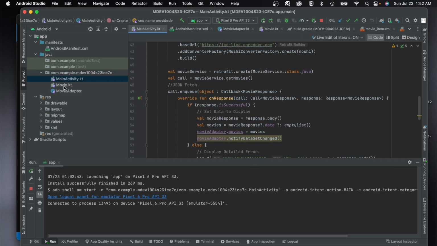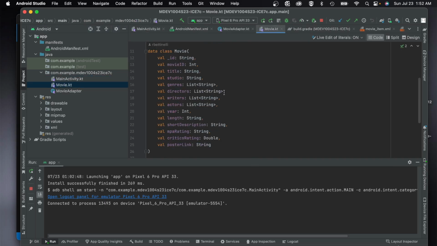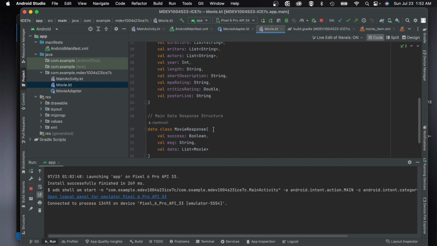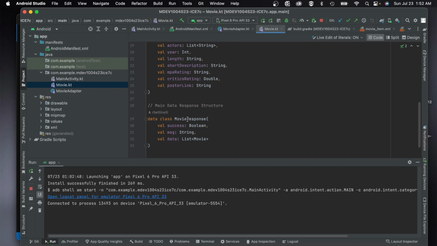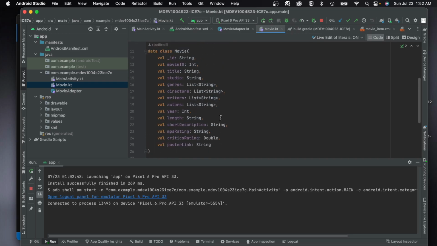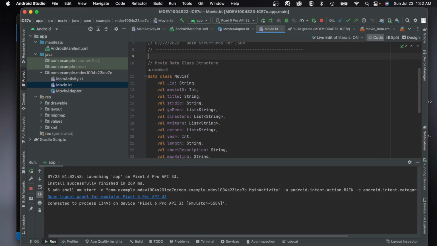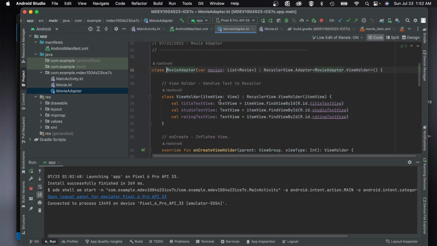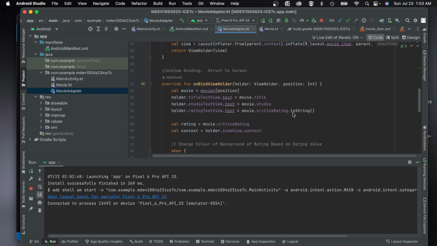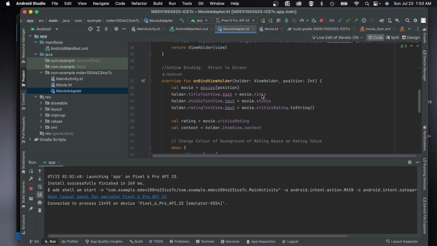It's very simple stuff. I had to have my movie class to pull my data, as well as a movie response to get the header information and the data. I have tried to get that removed, but ChatGPT says yes, you can do it without the movie response, but the code it provides fails dramatically, and then it says the only way you can do it is this way, which looks nice and clean, and as far as I'm concerned, it captures all the fields. I think it's an excellent way of doing it, and it has all the components it should have, as well as the movie adapter, where it loads its data from the API into the specific fields to display